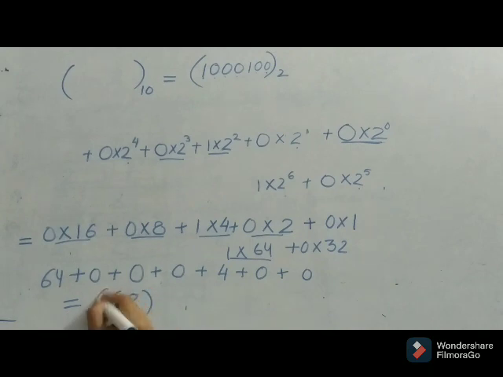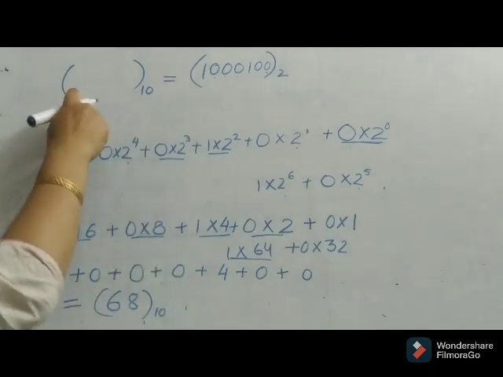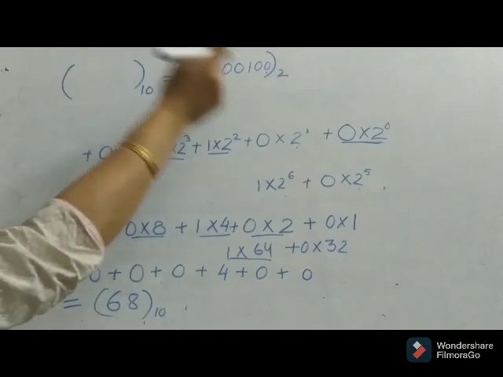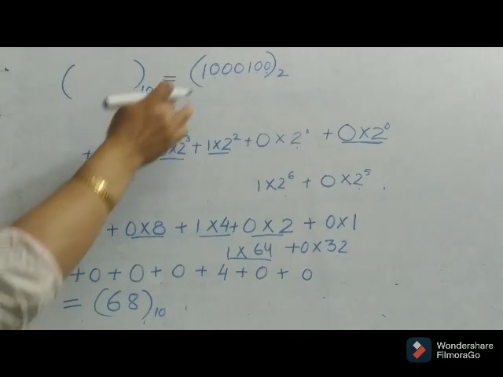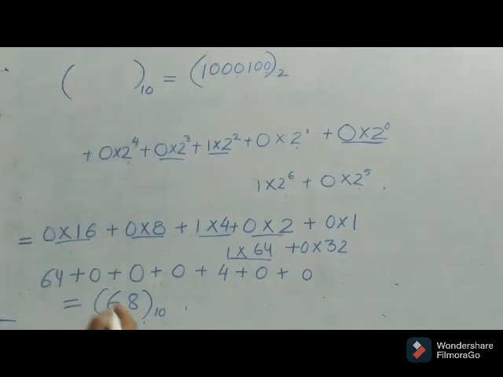So remember, in the beginning we had a question and it was 68. We converted 68 into binary. Now we have done the vice versa process. We have converted this binary string to a decimal number. It came to be the same, that is 68. I hope, children, it is clear. You must have understood it. But for your better understanding, let's do one more question.